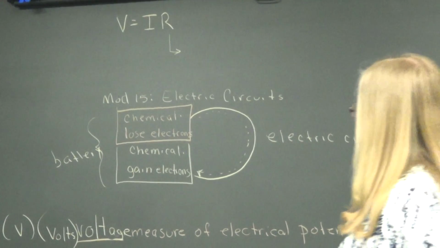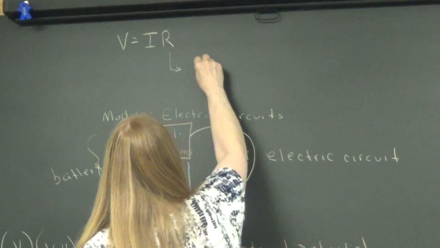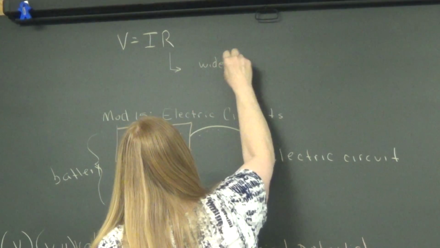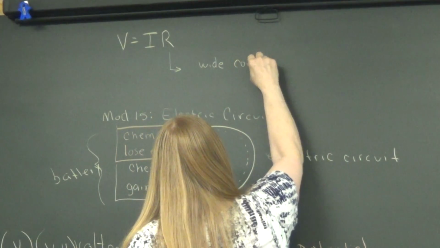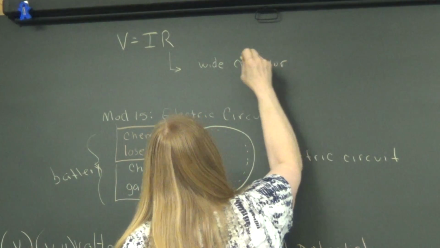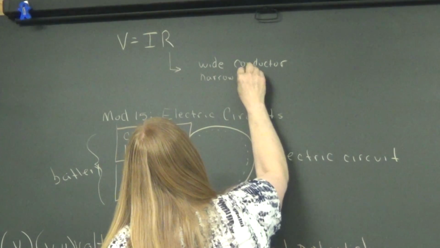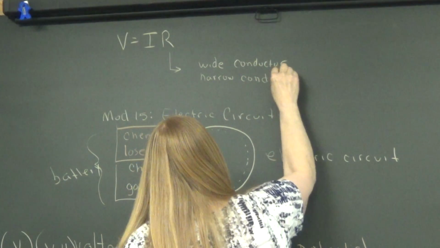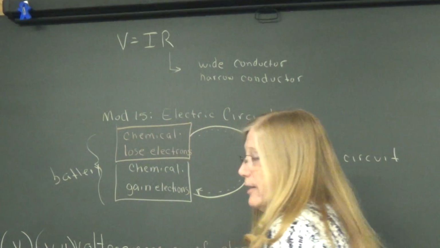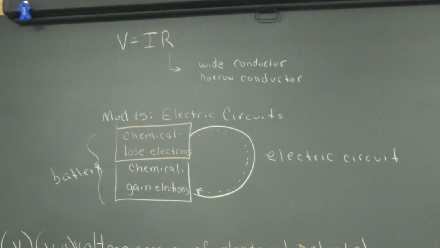So if we have a material that is a wide conductor, and if we have a conductor that is narrow, that will affect our resistance. So which is which, do you suppose? MK, do you think the wide would give more resistance or the narrow? Actually, because there are a bunch more electrons